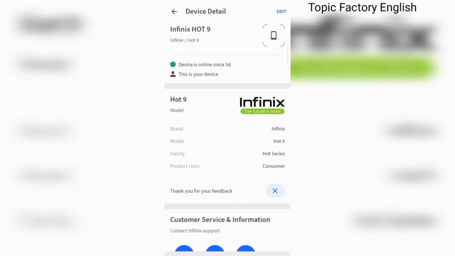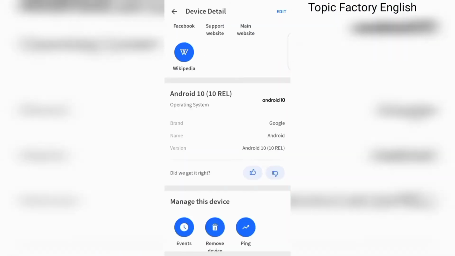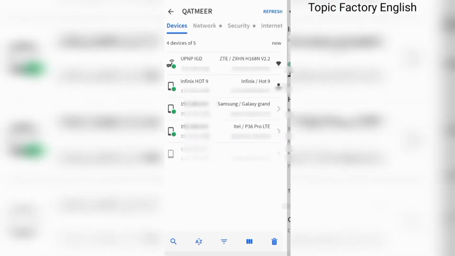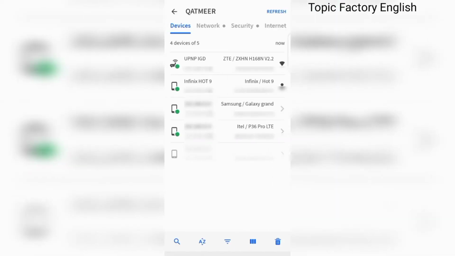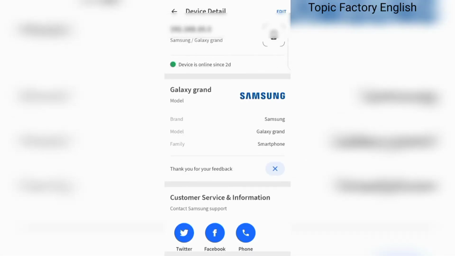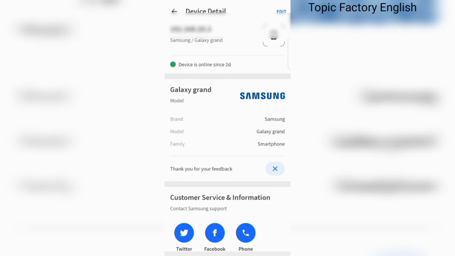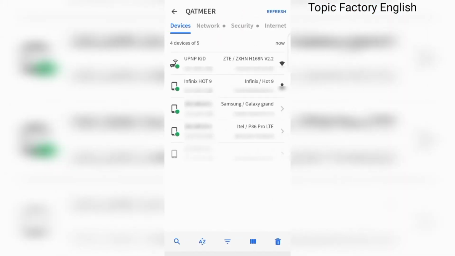It will tell us. For example, I open my device. This is my device, INFINIX Hot 9. This is giving us complete details of the company and Android version and even the network details. Now let's go back and choose some other device connected to it. For example, I choose this one, and you can see it's a Samsung Mobile, Galaxy Grand Prime Pro, and other